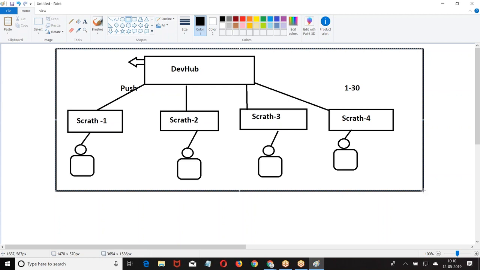But here now what is happening? Everybody is getting their own local temporary copy, and you are logging into your temporary copy and working on it. Until you push it, your changes are not replicated in the dev. But in the developer pro sandbox and developer sandbox, when I log in and save, they are automatically reflected to other people. But here, unless you push it, your changes are not replicated to other people. So, you got my point here.